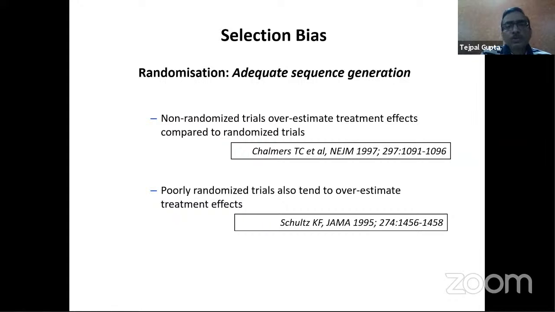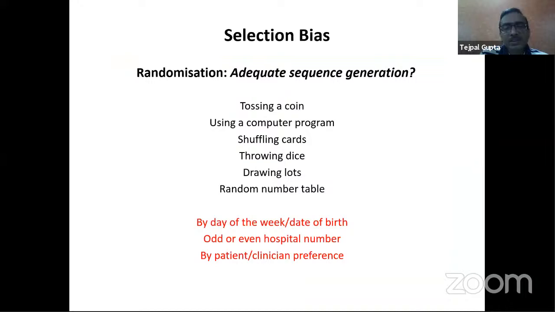So it's very well known that non-randomized trials overestimate treatment effect compared to randomized trials, or poorly randomized trials also tend to overestimate treatment effect. So randomization is the basis. One of the things that you look for in a randomized controlled trial is whether there has been an adequate sequence generation. So there are several methods of generating a random sequence, and the ones in black there are all valid methods: tossing a coin, using a computer program, throwing dice, random number table. However, the ones in red are not valid ways to generate a random sequence. So by day of the week, or by date of birth, or by odd or even number,